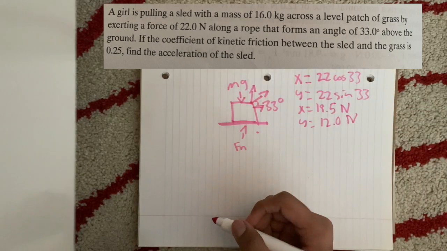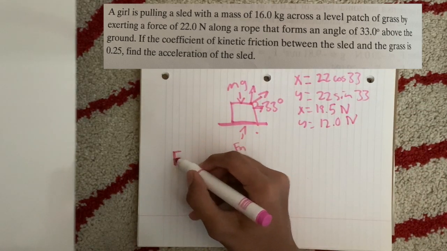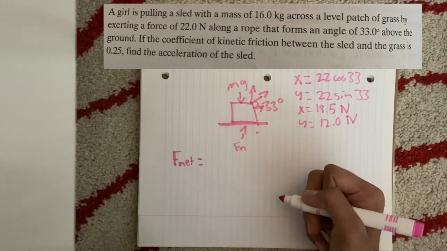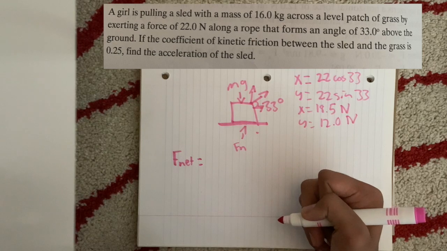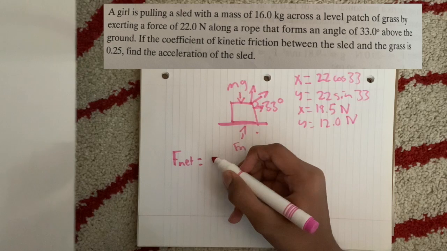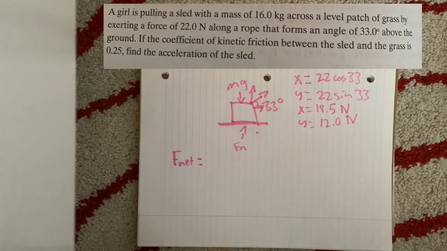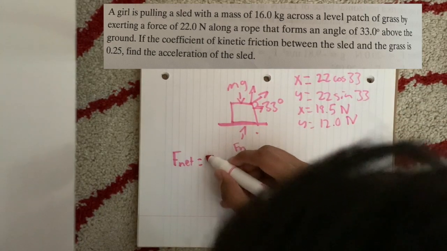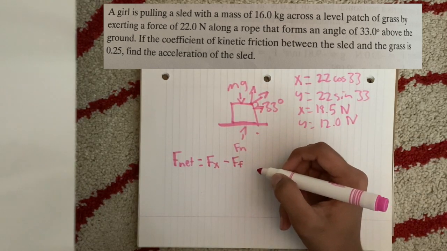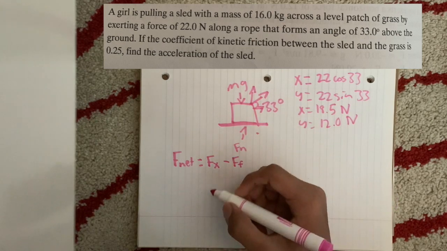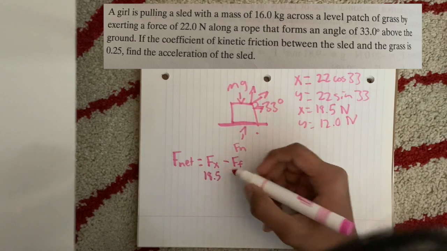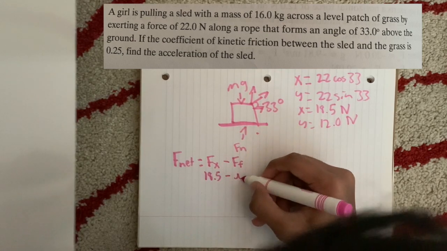Now let's go ahead and use our net force equation to solve for the acceleration. So the net force is the sum of all of the forces. Since the force of gravity and the normal force cancel out, we'll not consider those, and our only forces are the horizontal component of our force, and the force of friction. And we've established that this is 18.5, and this is the coefficient of friction